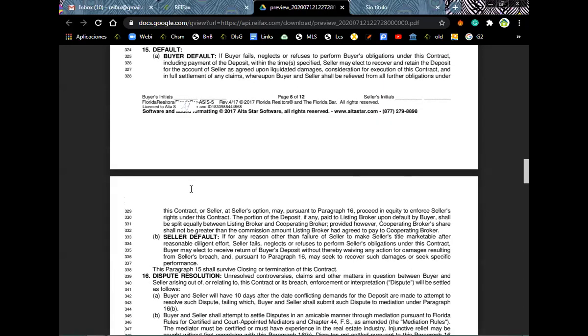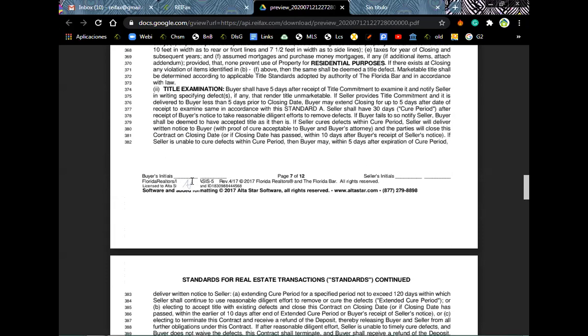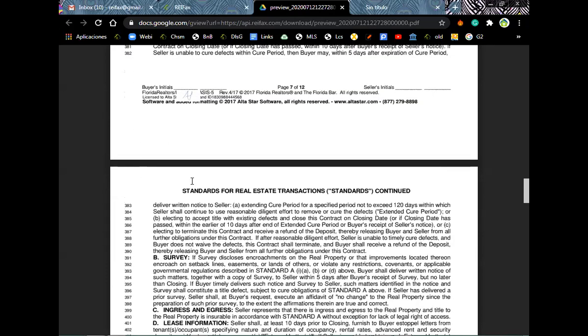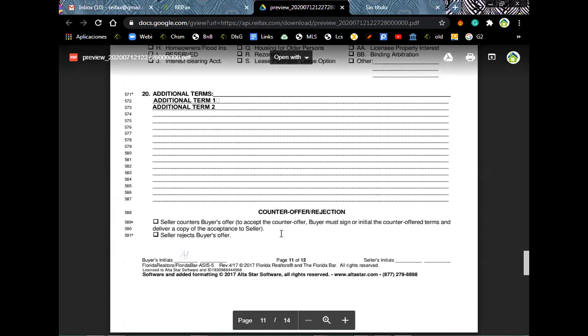I didn't move my initials on all the pages. I should do that. So if I see the preview and I see things that I need to change,